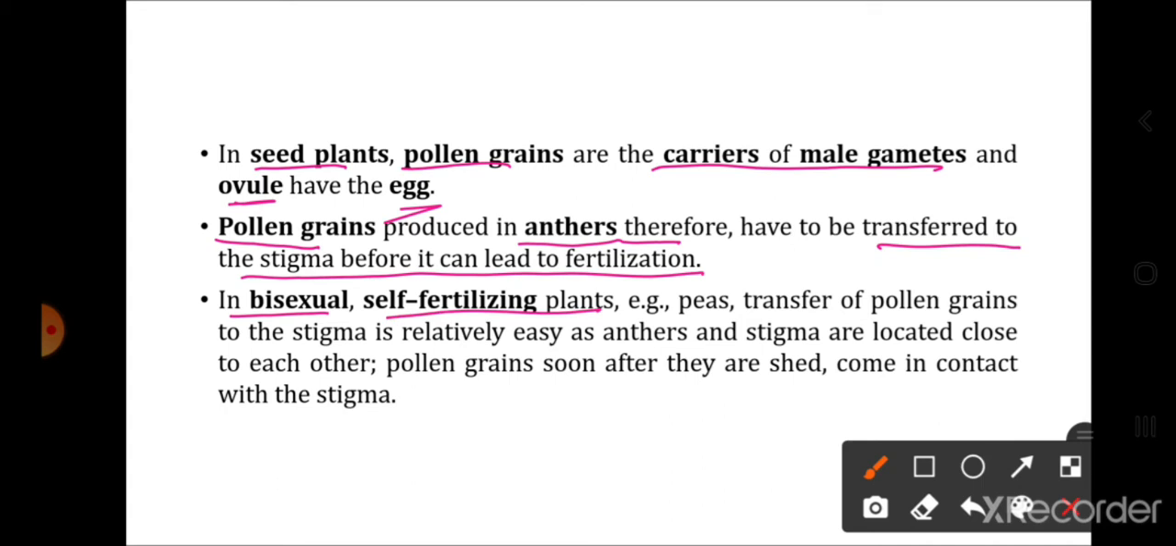In bisexual self-fertilizing plants, bisexual plants are which plants? Those which have both male and female reproductive organs in the same body, and self-fertilizing means the male gamete produced by the plant will fertilize the egg of the same plant. So that is self-fertilizing. Like in peas, the transfer of pollen to the stigma is relatively easy as the anther and stigma are located close to each other. So in those plants which are bisexual and self-fertilizing, the transfer of pollen to the stigma is very easy because the anther and stigma are located very near to each other. Pollen grains, soon after they are shed, that is immediately after the release of pollen grains, come in contact